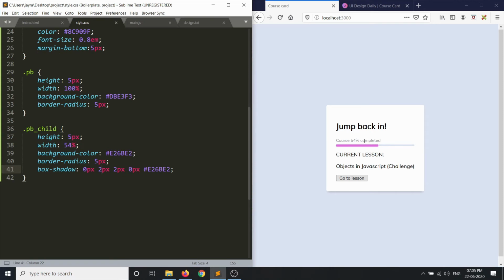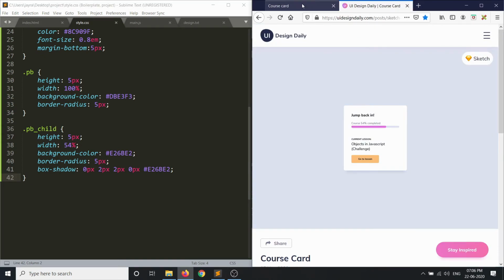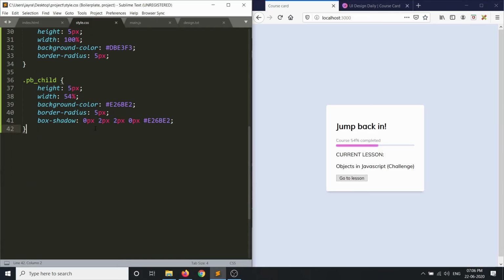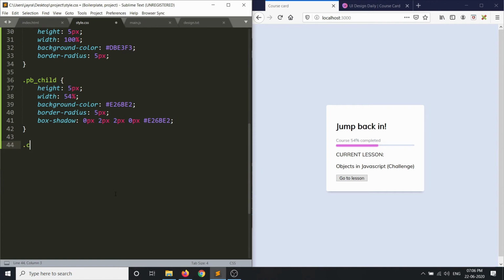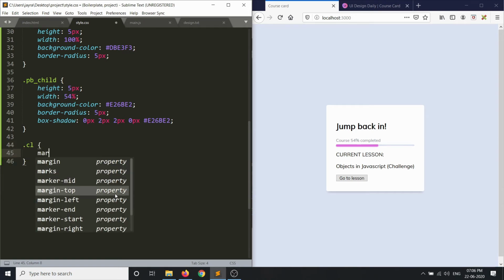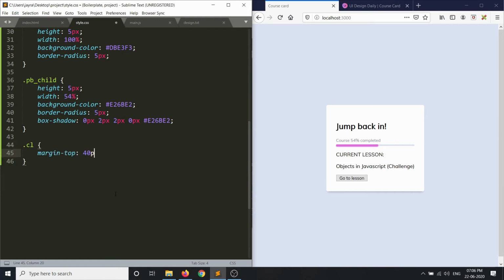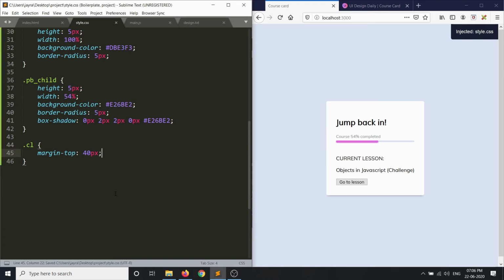Later on in the JavaScript we'll animate this, so hang on if you want to see that. After that we have a little bit of spacing here, which we can achieve by styling our current lesson. I think the class that we gave to the current lesson was cl, so let's do that, .cl, and we'll just say margin-top of, let's say, 4 pixels. There we have it.